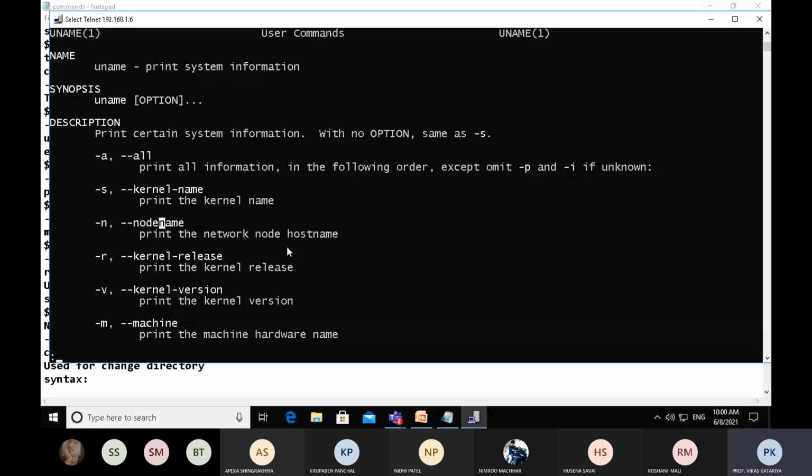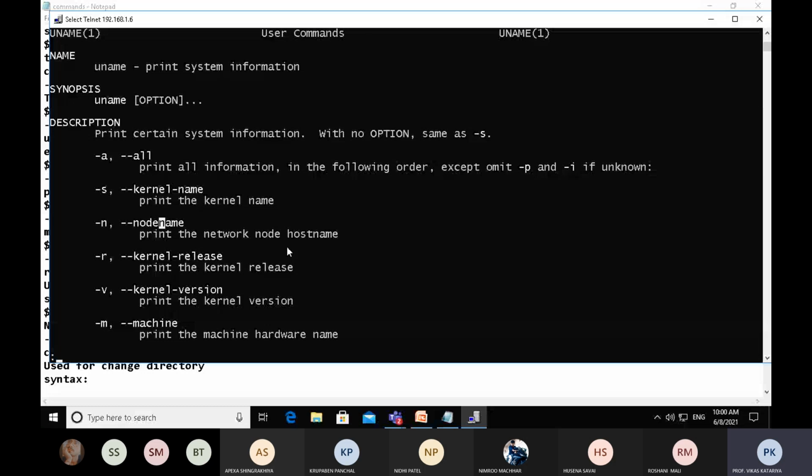So let's try 2 or 3 parameters. Suppose we want to know the name of the kernel. Clear the terminal by putting the clear command, and then uname followed by s.